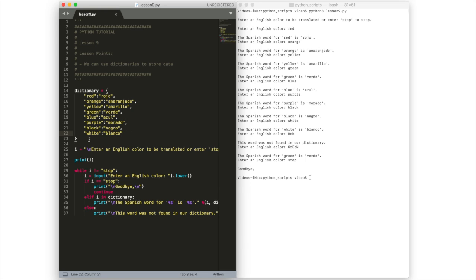So this is a good, I think, introduction to using dictionaries. Like I said before, it doesn't actually have to be a sort of bilingual dictionary. You can put any sorts of values over here. You could put file URLs and then a brief description of what's in the file. You could do all sorts of things as long as the data is paired. You've got a key, which is how you retrieve it, and